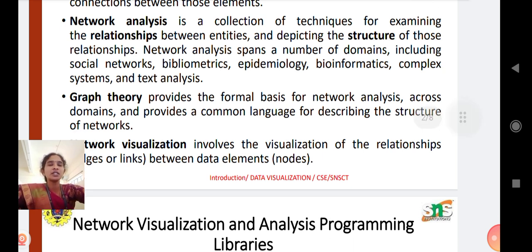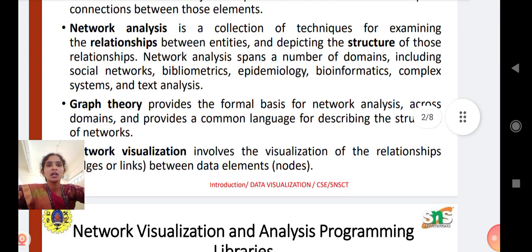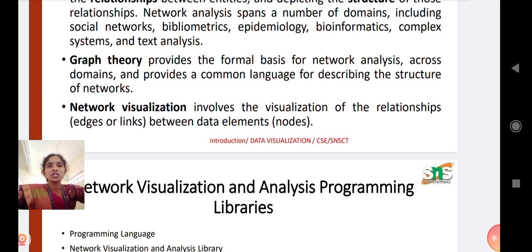Network and graph visualizations are powerful tools for understanding complex data by representing the entities as nodes and their relationships as edges. They help identify patterns, clusters, and insights that might be difficult to discern in raw information. Graph theory provides a formal basis for network analysis across domains, and provides a common language for describing the structures of the network. These visualizations involve the relationships between the data elements. Network visualization is a method of representing the data